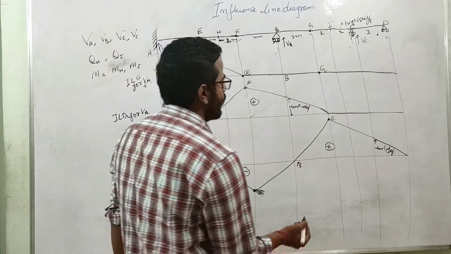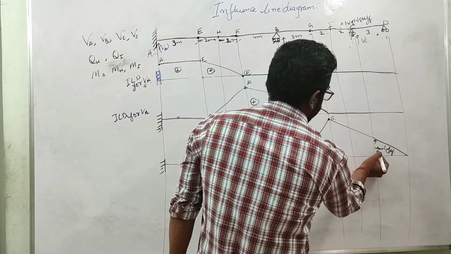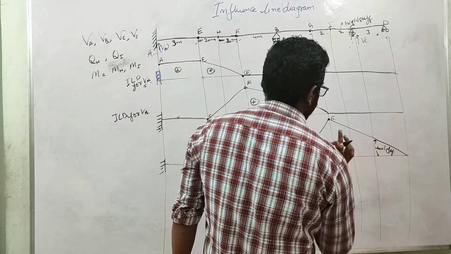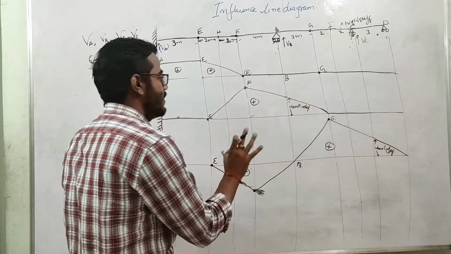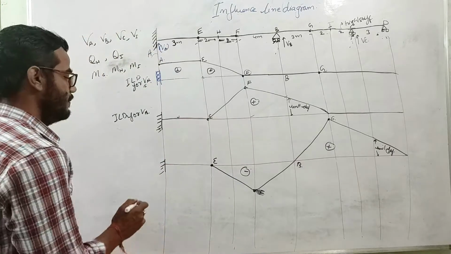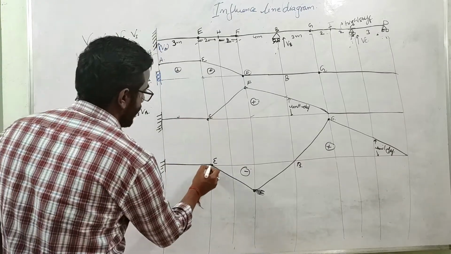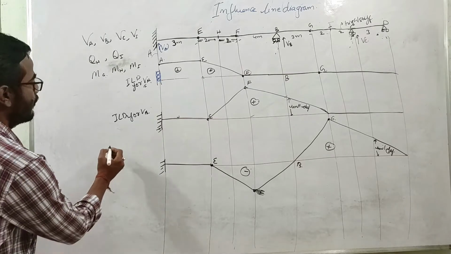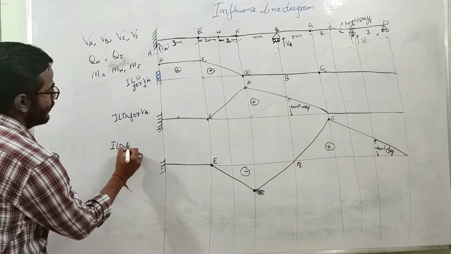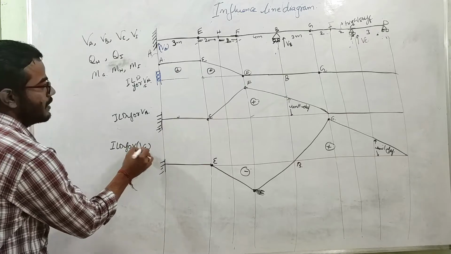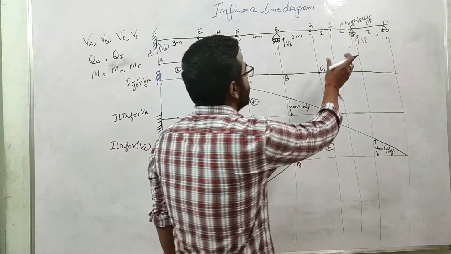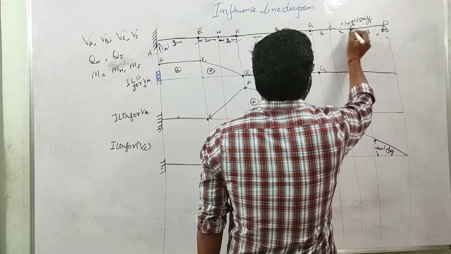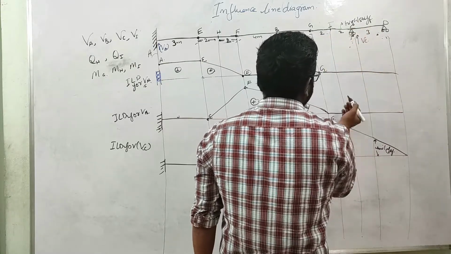You can find the ordinate with the help of the unit deflection here. So this ordinate is unit. With the help of similar triangles, you can find all other ordinates of this influence line diagram. So basically this is the influence line diagram, ILD, for VC. After releasing the vertical direction at C, this member has lost its stiffness, so it can move in a straight line.